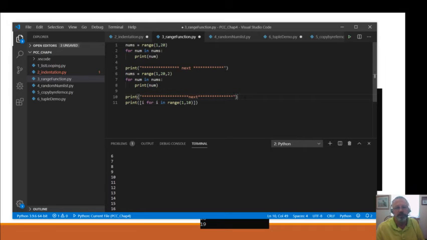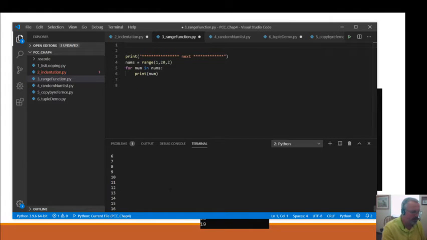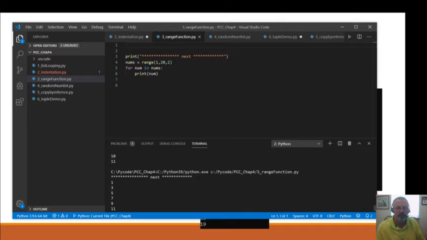Okay, so let's go ahead and look at what else we can do with the range function. Let's go ahead and delete that too. Let's clear this up. Not only will it print numbers through a range, you can actually set what you want to increment it at. So in this case, we're going to print by 2s. We're starting at 1. We're going 1, 3, 5, all the way through 19.